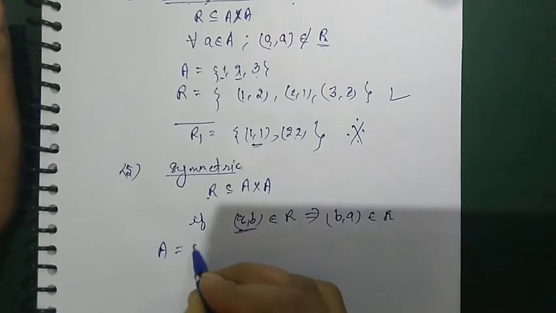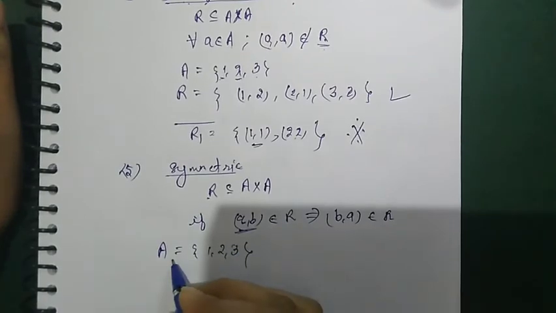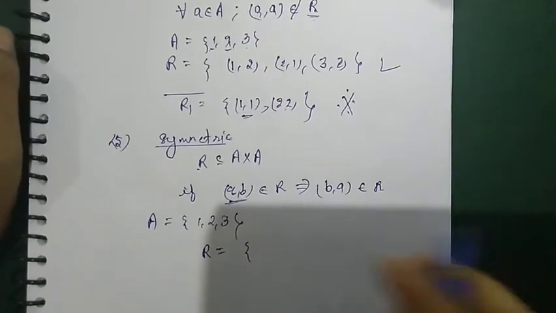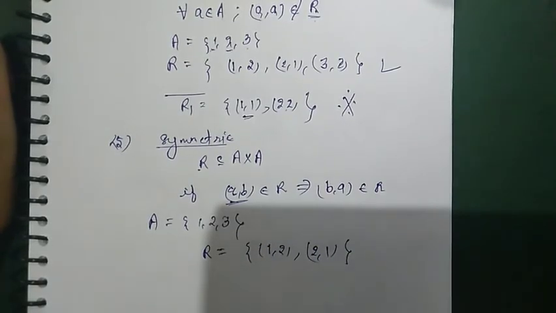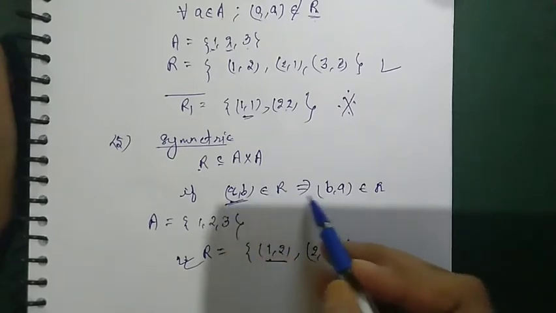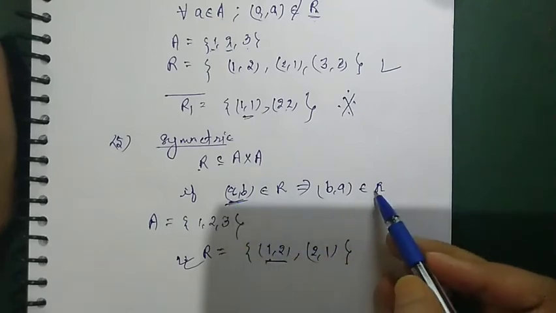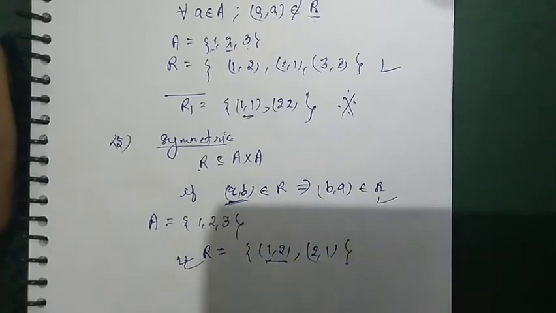Again we are taking the same example of the set A, where A is equal to {1, 2, 3}. Then if you take a relation R as (1,2) and (2,1), we have to see in the relation, not in the set now. If we take the first ordered pair (1,2), then by this condition the converse of (1,2) will also belong to the relation. So (1,2), its converse (2,1), is also here. So this is a symmetric relation.